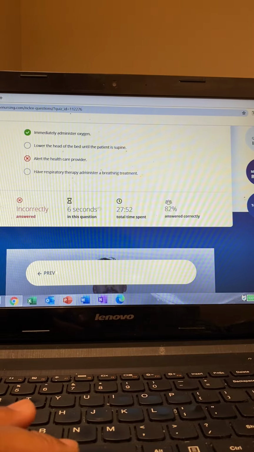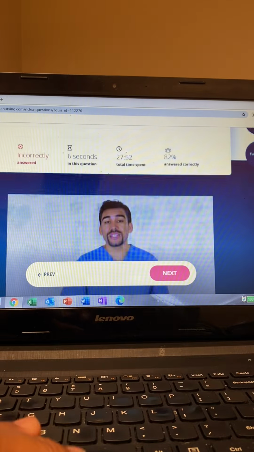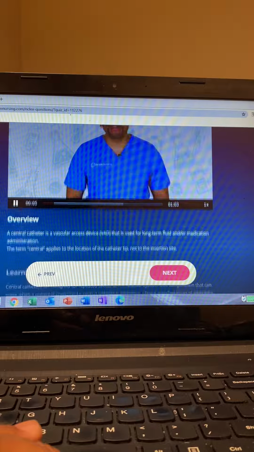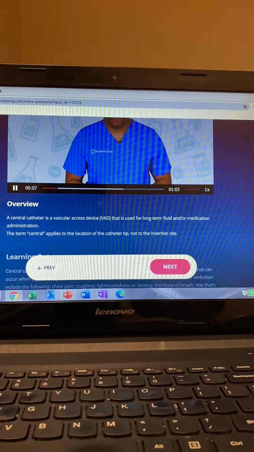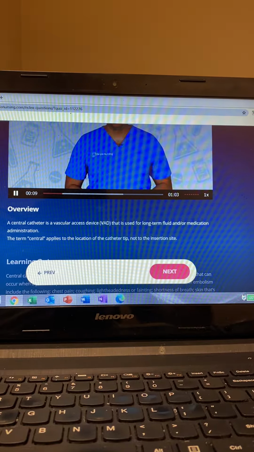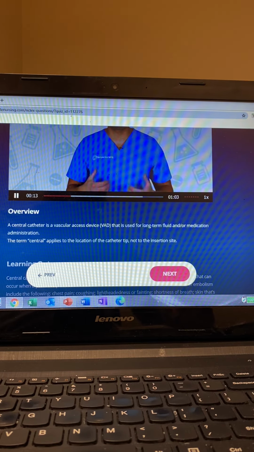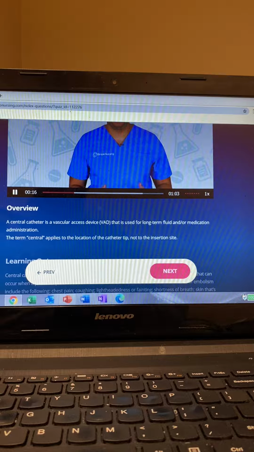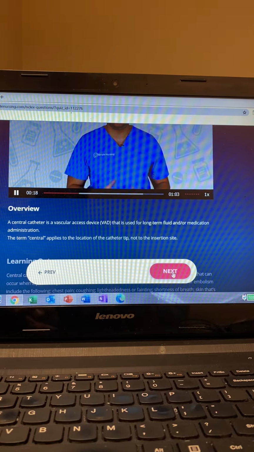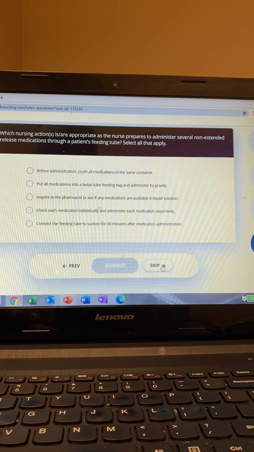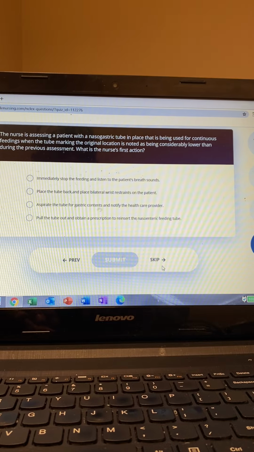Now, using our 3 steps, let's break this down. This question's asking the priority action, or what to do right now. So the problem here is that the patient becomes suddenly short of breath, moving around in bed during a central line tubing change. So the biggest thing we're thinking before we look at the